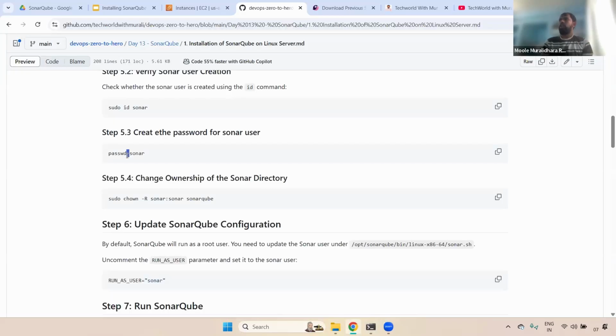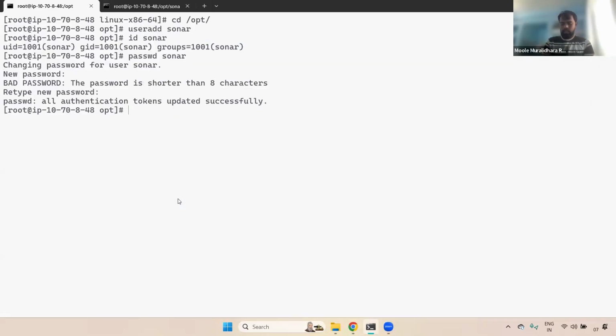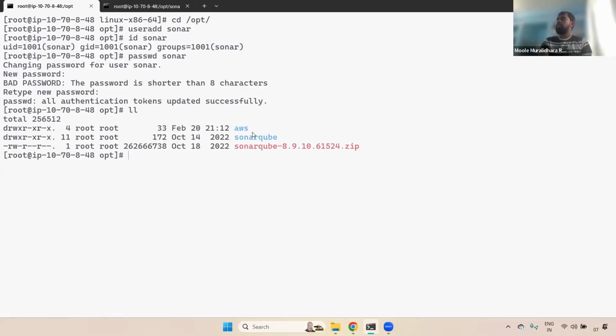Any questions here? Now what we need to do is change the ownership. Currently, if you see here with the ll command, this particular SonarQube is owned by the root user. Now I'm going to change it. How do we do that? For that, chown, change owner, -R, sonar user, sonar group,